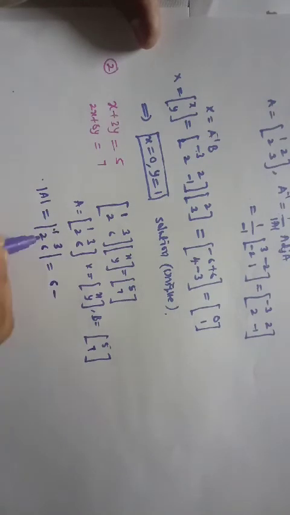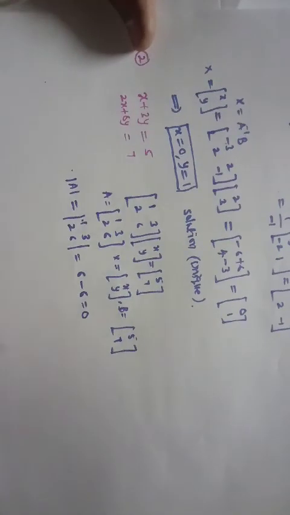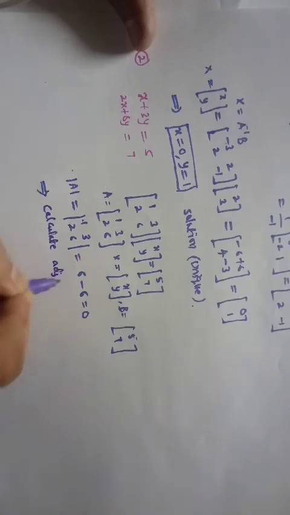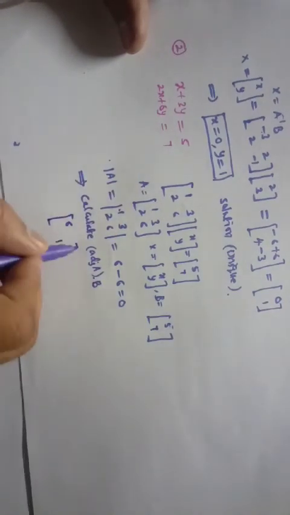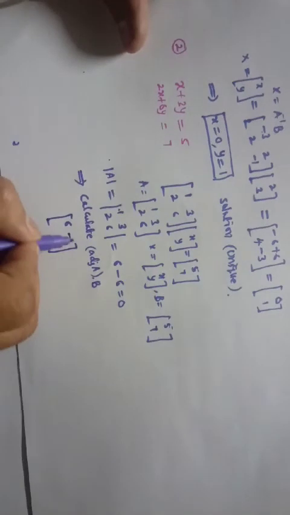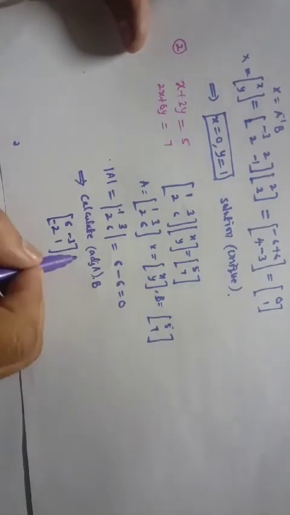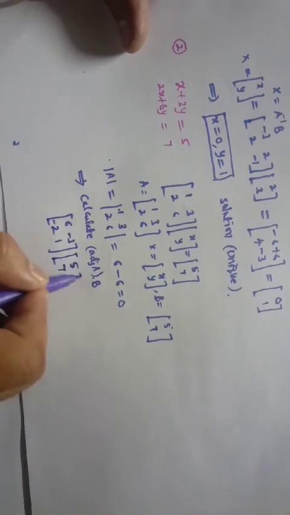Now see here, to check the consistency, we find the determinant of 1, 3, 2, 6. 1 into 6 is 6, minus 2 into 3 is 6. 6 minus 6 is equal to 0. So the determinant is equal to 0. Then what is going to come? Determinant is equal to 0. It is the second case. Calculate adjoint of A into B here. Then adjoint of A is 1 and 6 interchange: 6, 1, and minus 3, minus 2 should be taken, and B is given as 5, 7.